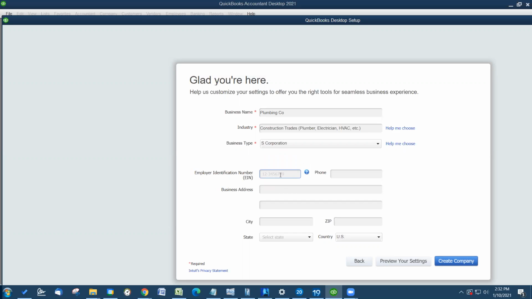And here you would enter your federal ID number for the S corporation and the business address. Why are these things important? The federal ID number, of course, would be used at the end of the year when you go to send out 1099s, so that when it's printed out, and yes, QuickBooks will prepare the 1099s for you, then this information will already be there and can be printed directly onto the 1099 form, and that's very helpful. Also, your address, when you send out a bill, it will populate that address on the invoice that you're sending out to your client. So we're going to go ahead and create the company at this point,